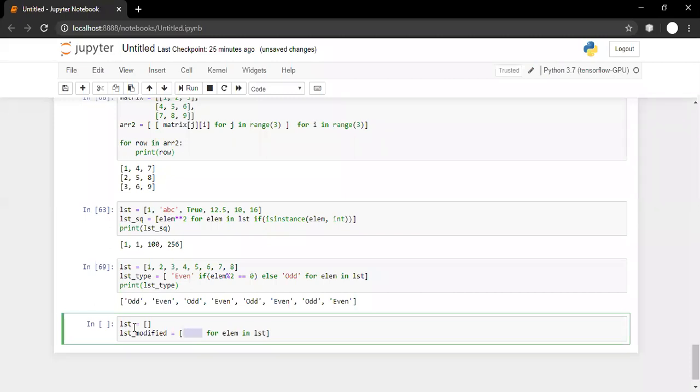So this is the general syntax for list comprehension. You have a list and then you create a modified list this way. Monica, I hope I have solved your doubt.